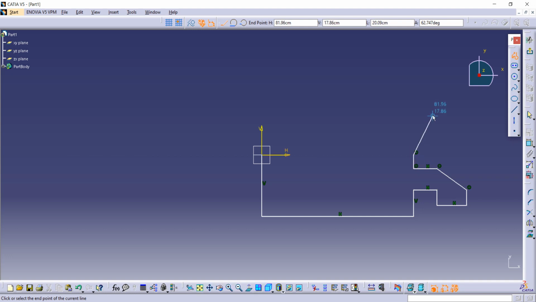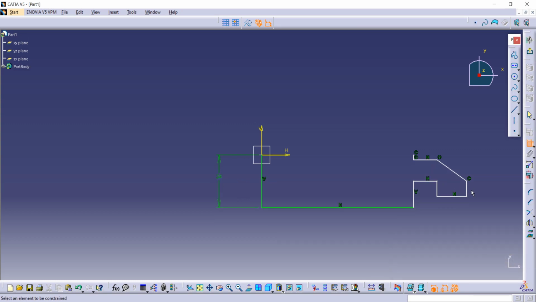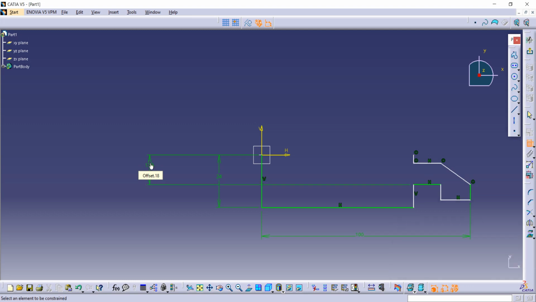Now I have completed my half sketch, so I am giving it dimensions. The distance of this is given as 48, so I am using here 24, that is 48 divided by 2. Similarly, distance between both of the external line is given as 100. And now distance between this line to the center is given as 27 divided by 2. I am using divided by 2 because I am just sketching half. And from this two line, it is given as 33 divided by 2.